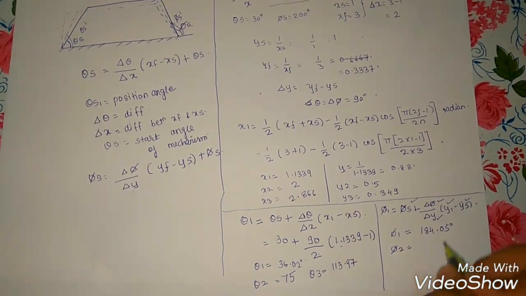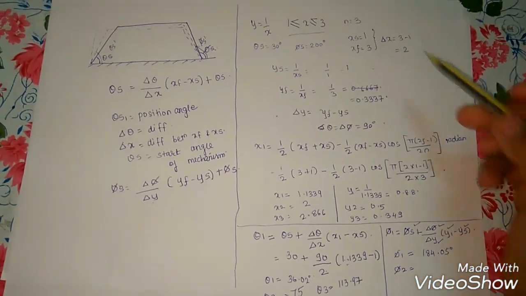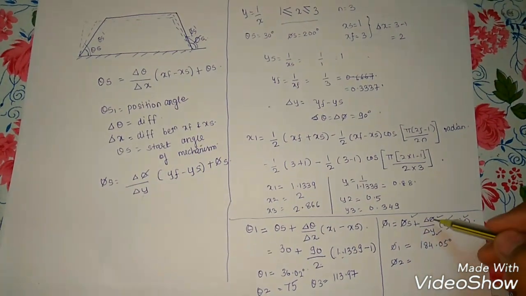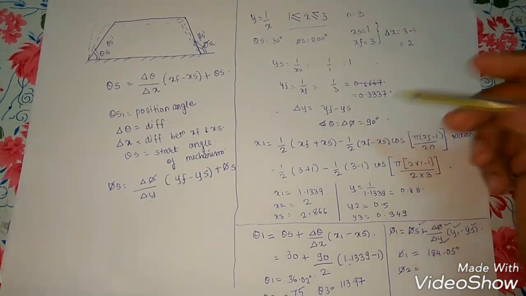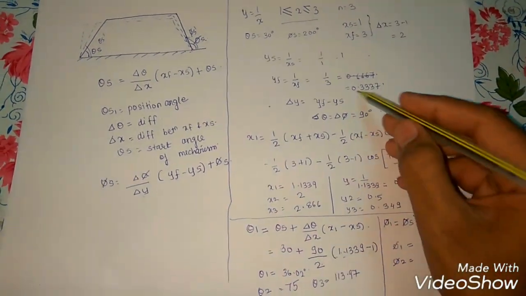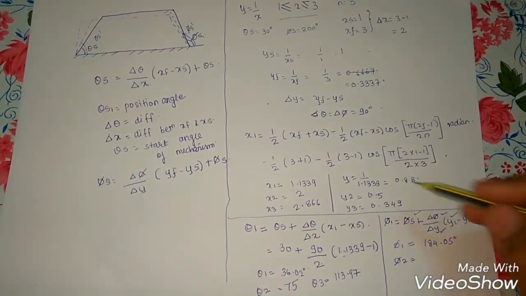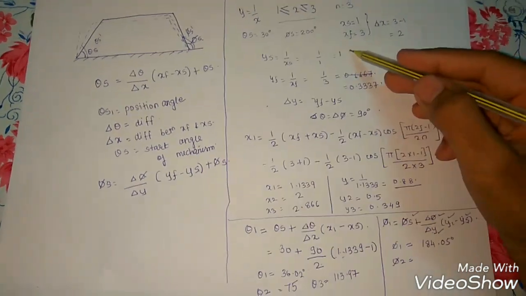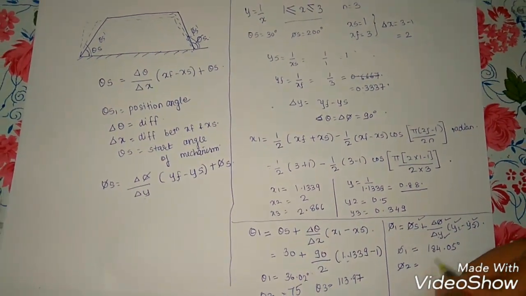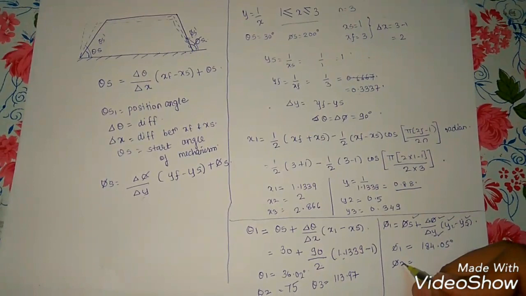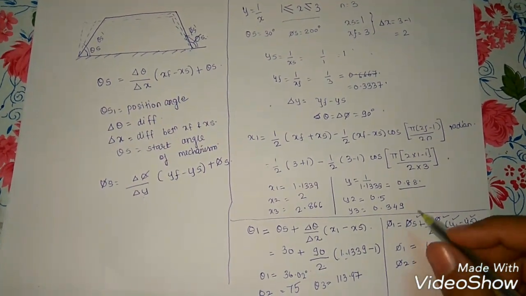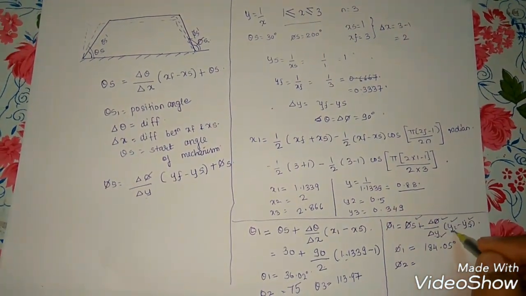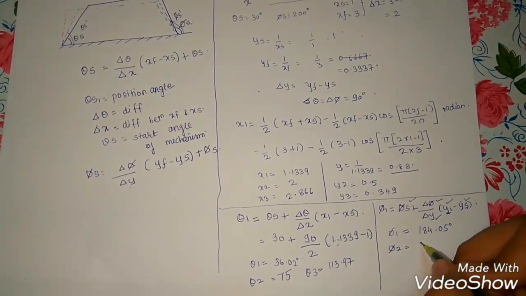Phi 2 will be phi s, that is 200 degrees, plus del phi, which we are given as 90 degrees, over del y, with y1 which is 0.8 and ys which is equal to 1. Putting all the values, we have to use y2 for the second angle. This is 0.5. We substitute and we get